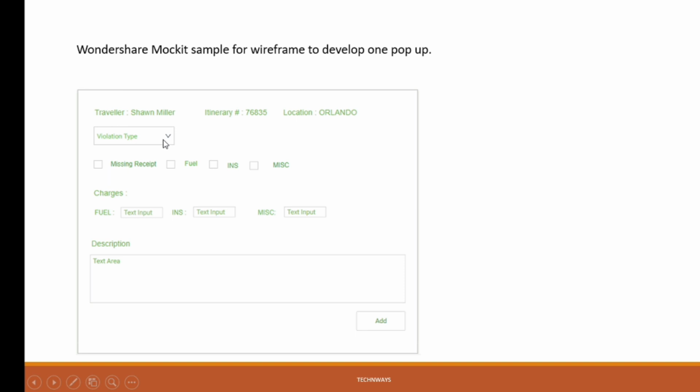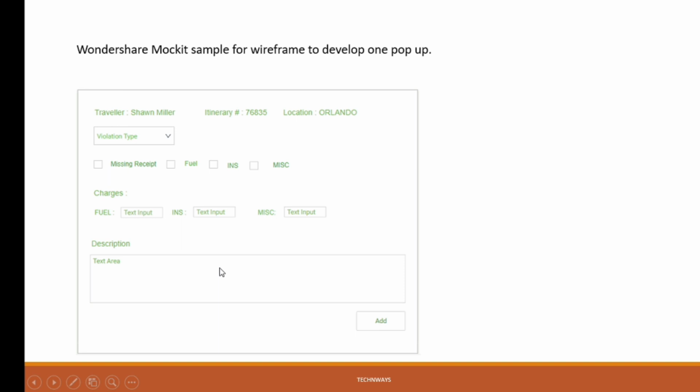The client said the drop down is right, no issue in that, but he thought more about it and came up with a solution: the drop down is fine, but if we can create a multi checkbox drop down here, that would be great for implementation purposes. That kind of suggestion we can get once we go for the review of the wireframe with the clients.